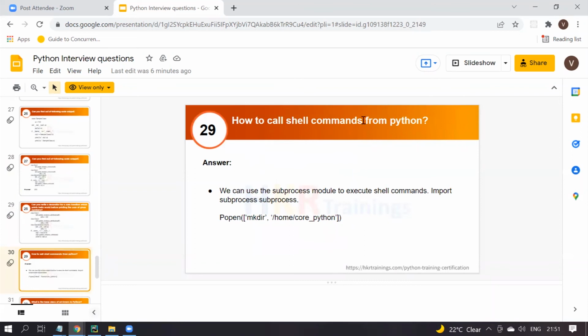How to call shell commands from Python. We can call shell commands with the help of Python as well. For example, in Ubuntu we have commands like mkdir and rmdir to remove a directory. These kinds of commands we can also call from Python. For this, Python has provided the subprocess module, so we can use it to execute the shell